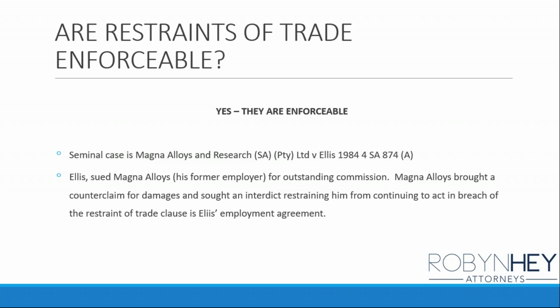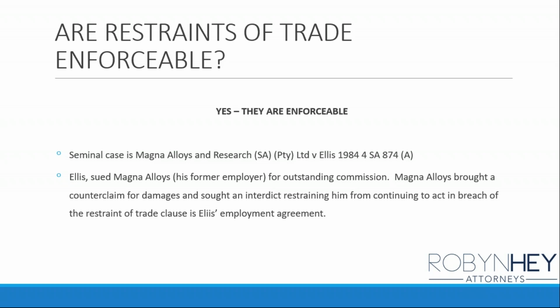So if you are aware that there's going to be a breach, or you suspect that there's going to be a breach of your restraint of trade provision, you can't sit on your hands. It's an urgent matter. It's got to be dealt with urgently, and you are going to have to most likely seek the advice of an attorney. So yes, it then takes on a layer of costs, and the commercial reality is you always have to weigh up the costs of legal advice against the costs of losing or weakening your position as a business.